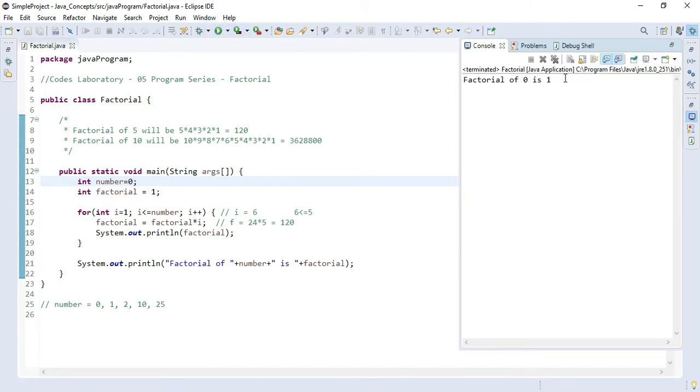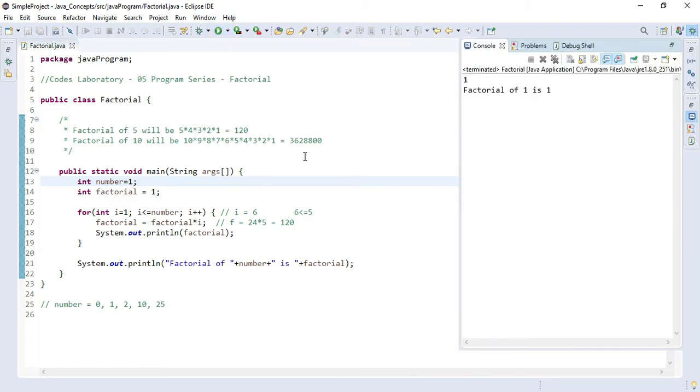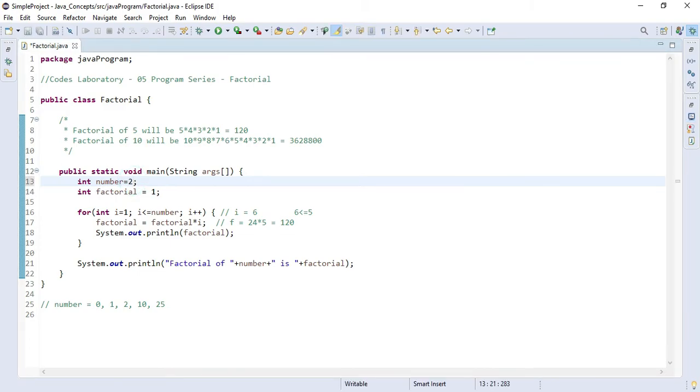Okay, it says factorial of 0 is 1. You can verify this information from Google or somewhere. So yes, our code is good for the value 0. Let's check for 1, and the factorial of 1 should be 1. Yes, it is correct.